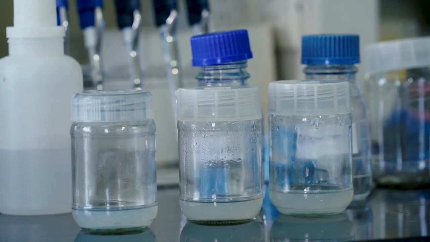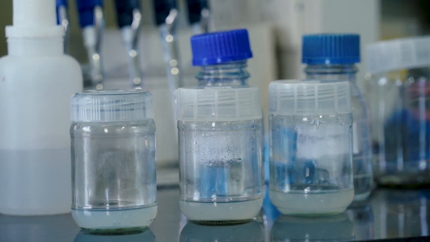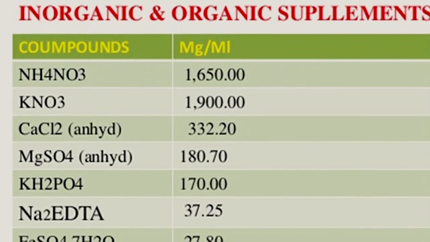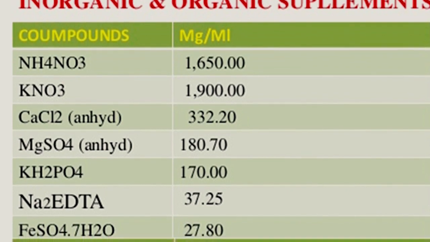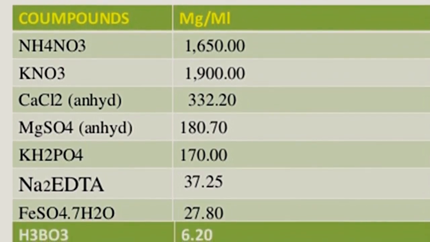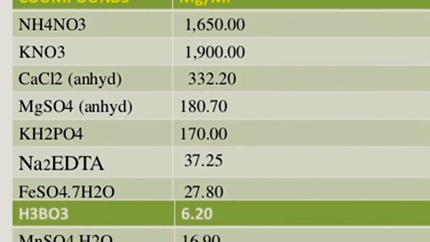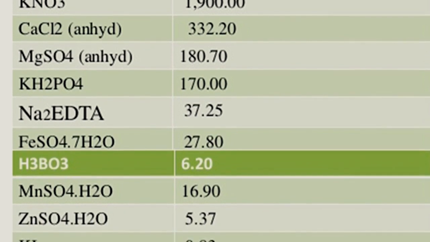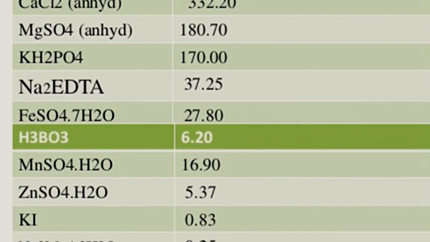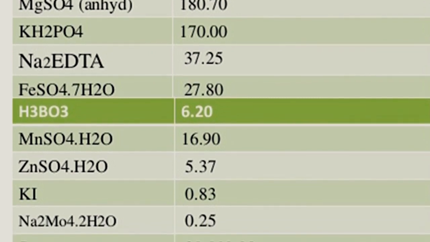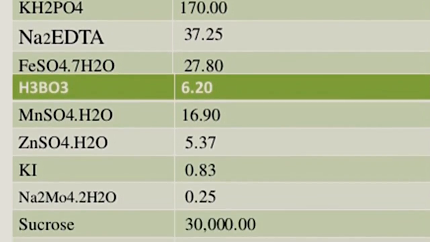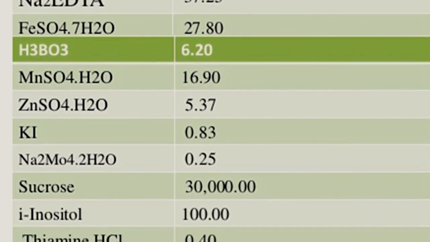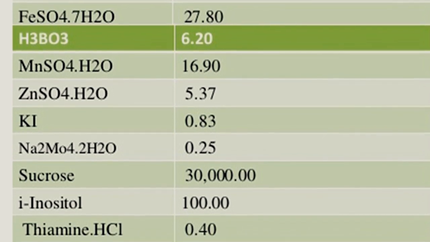In the case of inorganic nutrients, we include all the major minerals such as magnesium, potassium, and calcium, and these macroelements are required in grams per liter, whereas microelements such as molybdenum, potassium iodide, zinc, and manganese are required in very small amounts in milligrams per liter. Along with macronutrients and micronutrients, we add some other organic additives such as vitamins